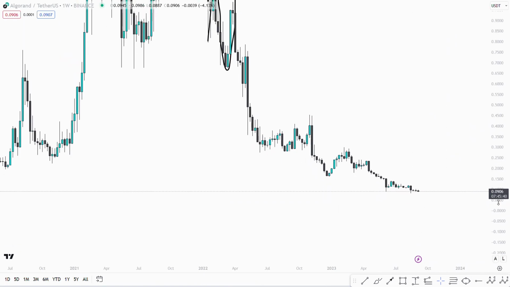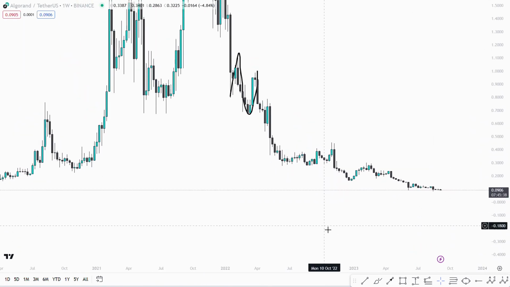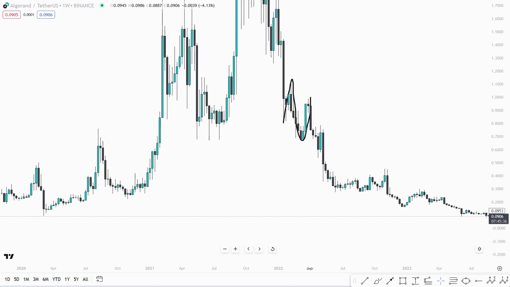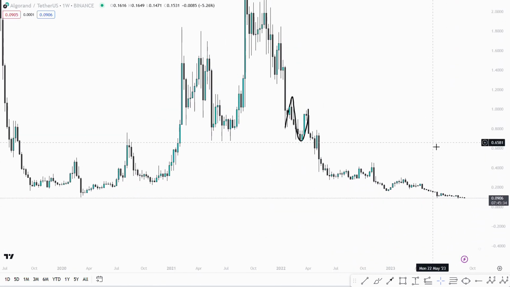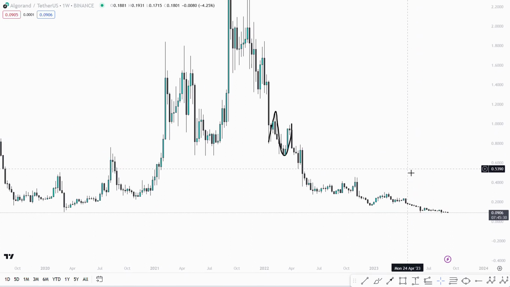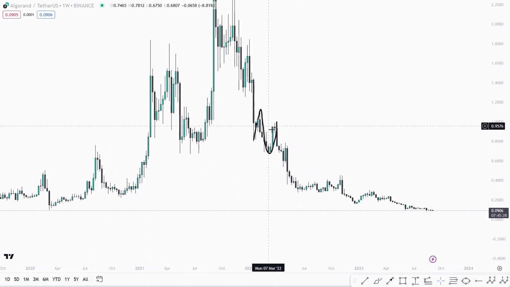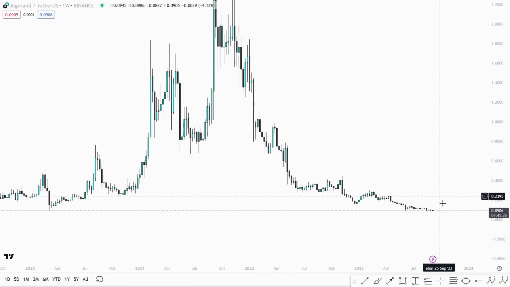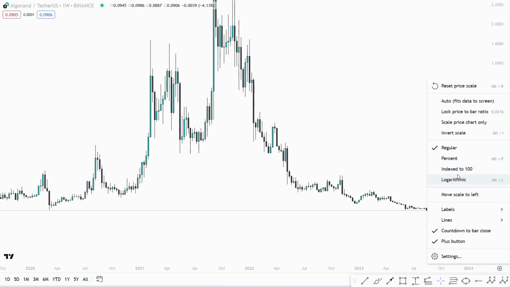And one thing that I like to do, especially with a chart like this that's got so much price action, is just change it to the logarithmic chart, and we'll keep it on the weekly time frame just so we can get some good confluence for the lower time frame analysis that we're doing. But yeah, we'll change it to the log chart and see how the market is looking at the minute for